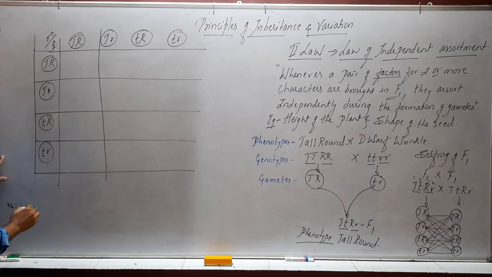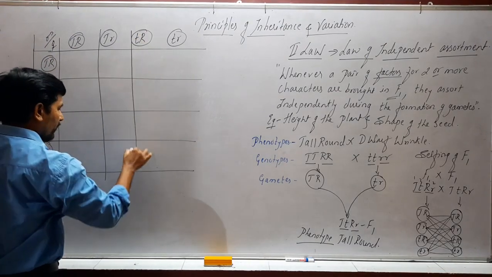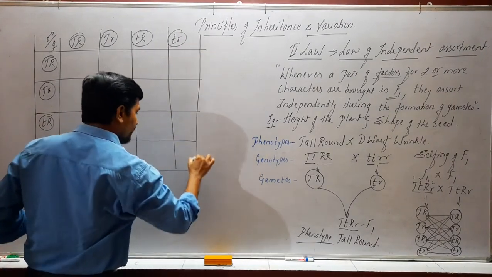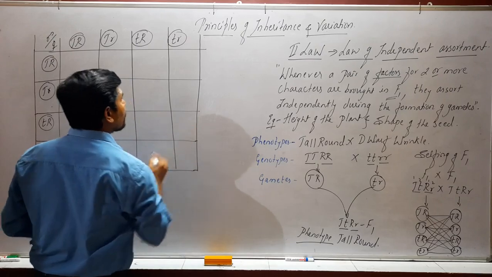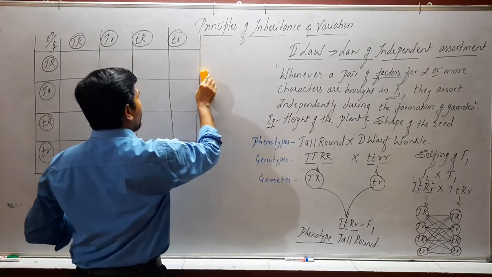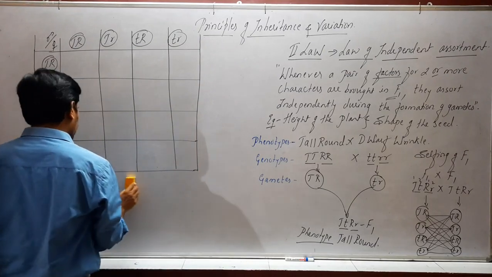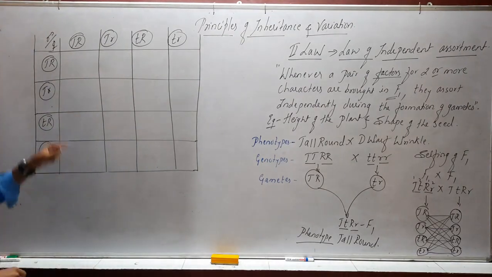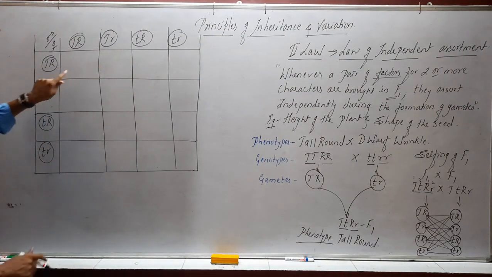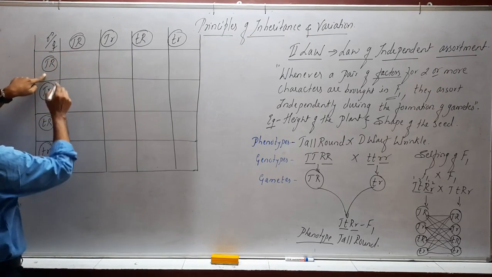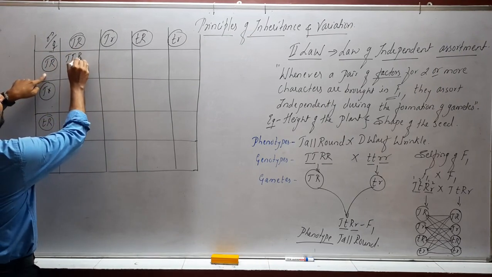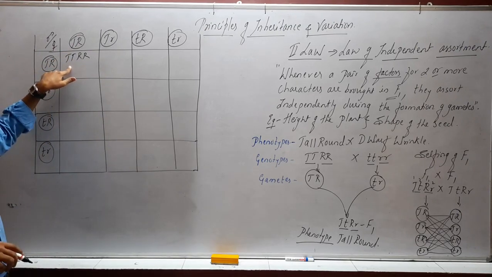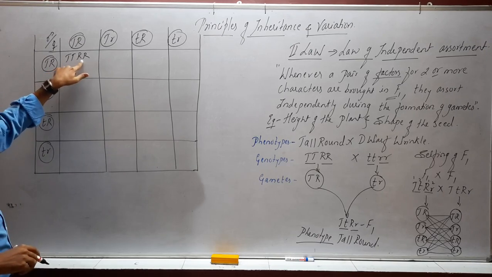Now look at this. Now we have to fill this box. You can just count the total number of boxes here. There are 16 boxes, and we have to complete it. So look at the 16 boxes here. How can we write it? Just write the same letters. Here we have capital T, capital R, capital T, capital R. Here we are going to write capital T, capital T, capital R, capital R. So besides a capital letter T, we are going to write the same letters only. Capital T, capital T, capital R, capital R.